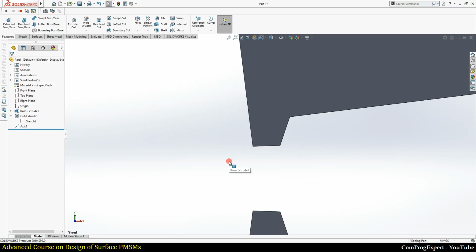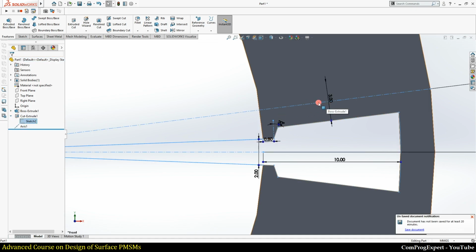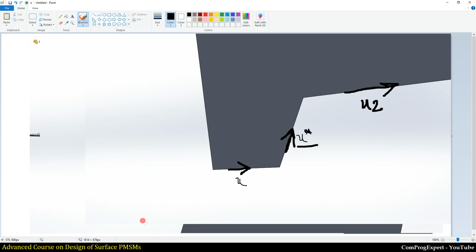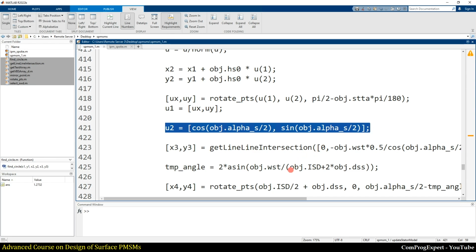Because this edge is parallel with this center line, right? And this is the alpha s divided by 2. The unit vector of this center line is cosine of alpha s divided by 2 and sine of alpha s divided by 2. So we can calculate the unit vector of that line.